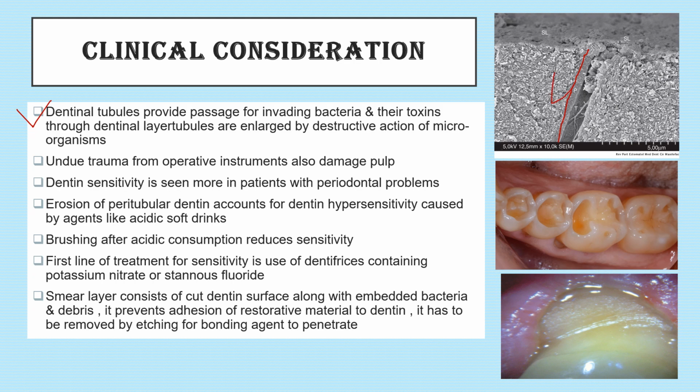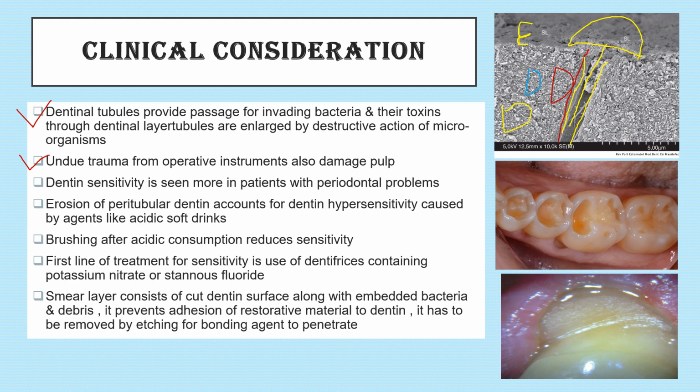As you can see here, this is the dentin portion, and this is the enamel portion. So the dentinal portion has the dentinal tubules, like you can see here, a black line we have. So if any stimuli or any caries which are present in enamel spread to the dentin, the dentinal tubules give the pathway for microorganisms to spread. And undue trauma from operative instruments also damages the pulp and also dentin. Because we have a minimal thickness of dentin, if the caries exceed that minimal thickness, there are chances that the pulp gets exposed